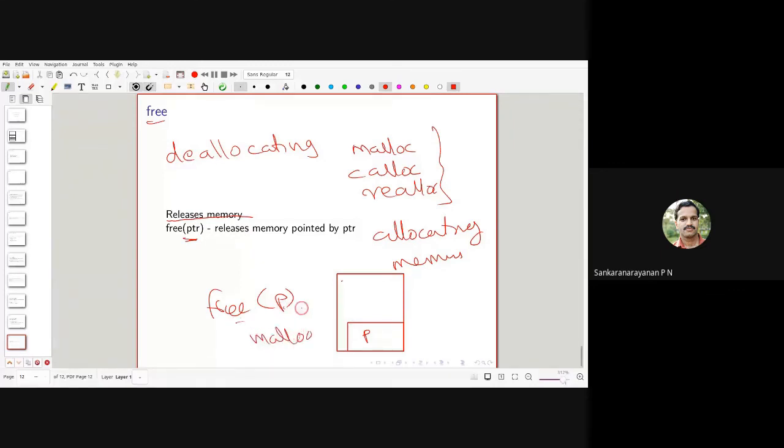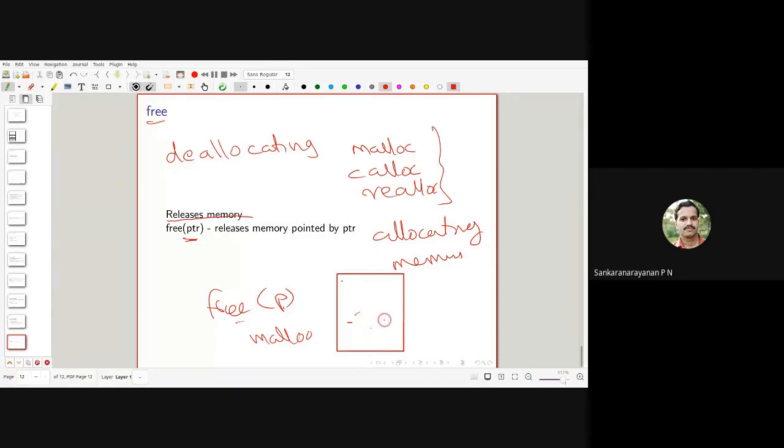When I say free, this will be removed, and that space is now available to the heap, so we can use it for other purposes.